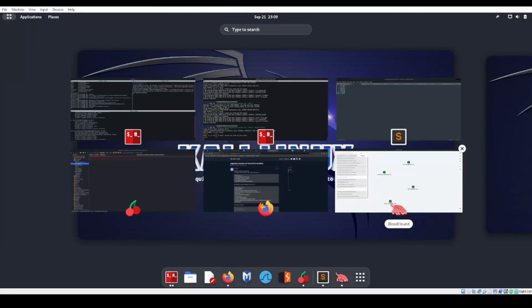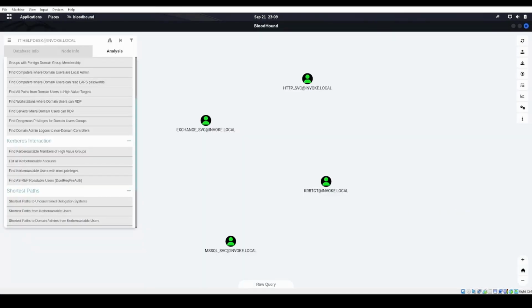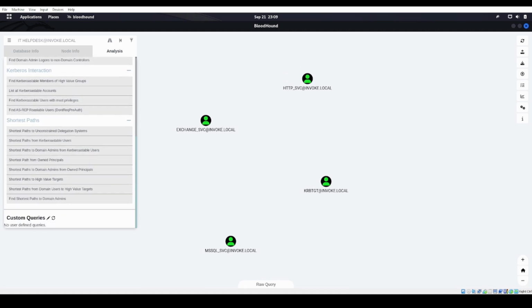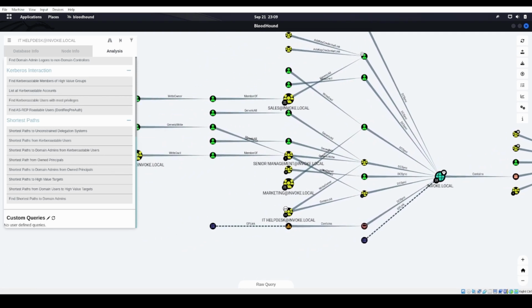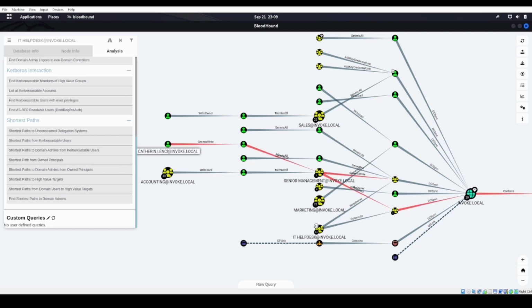All right, so we found that out through BloodHound, right? That we have those Kerberoastable users. We found out through BloodHound that we had AS-REP roastable users. We can find our shortest path from owned principals, shortest path to domain admins. All right, we can see how do we get to domain admins, right? Such as in